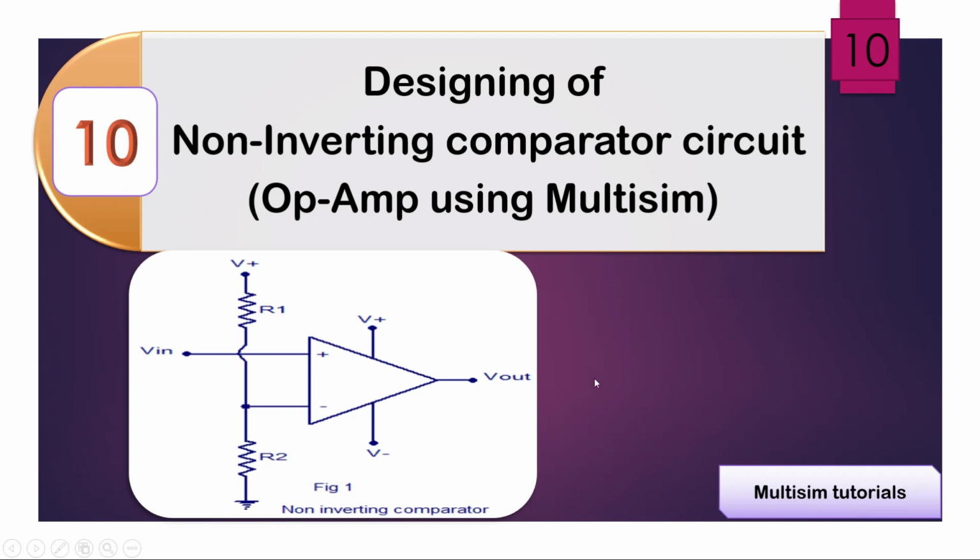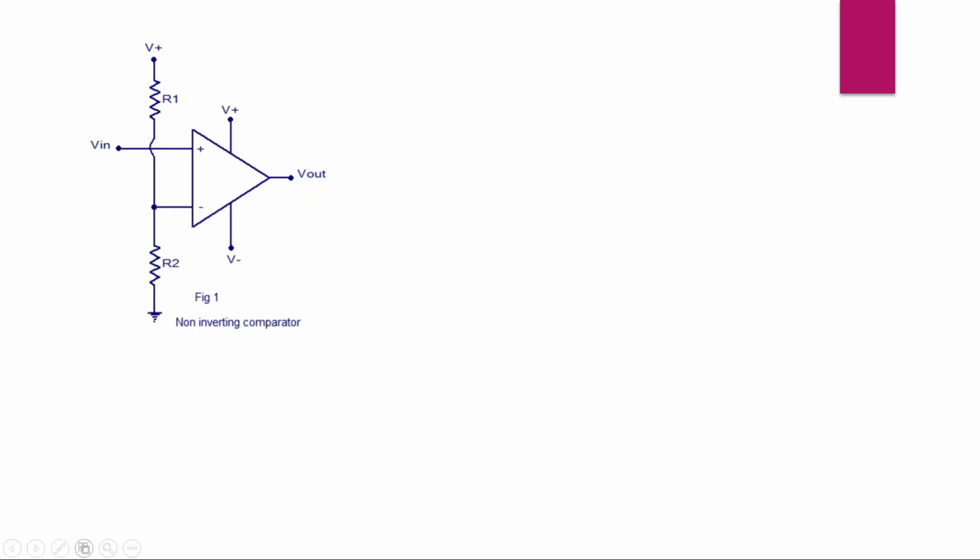non-inverting comparator circuit having an input at the non-inverting terminal and a voltage divider connected to the inverting terminal, how it is evaluated, and how it behaves in the output waveforms. So let's go to the view part. Here you can clearly observe,